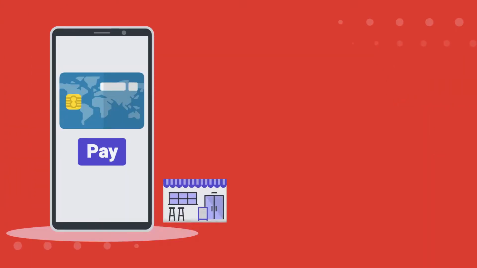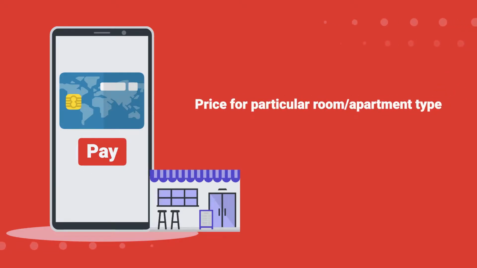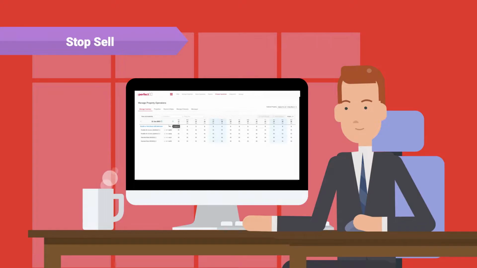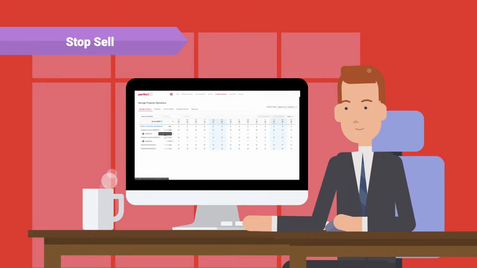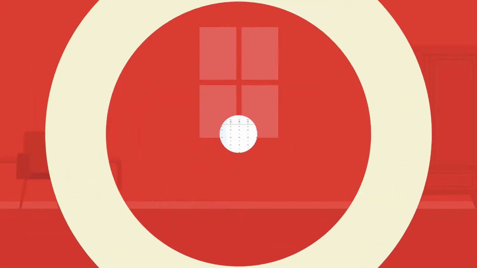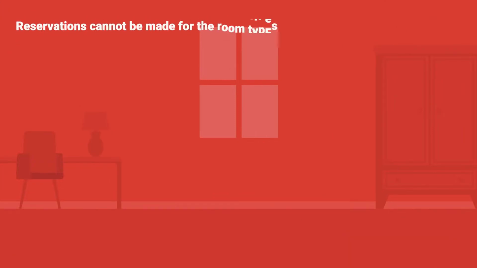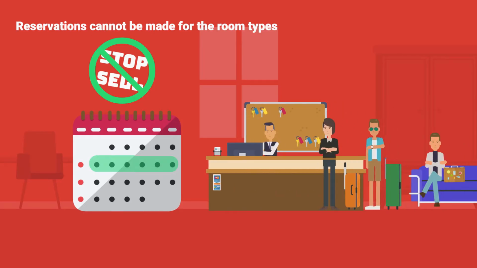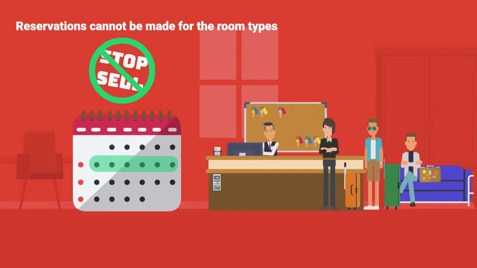Rate, price for particular room or apartment type. SS, stop sell. Stop sell is a functionality in a PMS that allows hoteliers to stop selling certain room types or inventory for a specific date or period. This means that reservations cannot be made for the room types that have been marked as stop sell during that time. It is commonly used when the property is fully booked or when certain rooms are unavailable for various reasons,